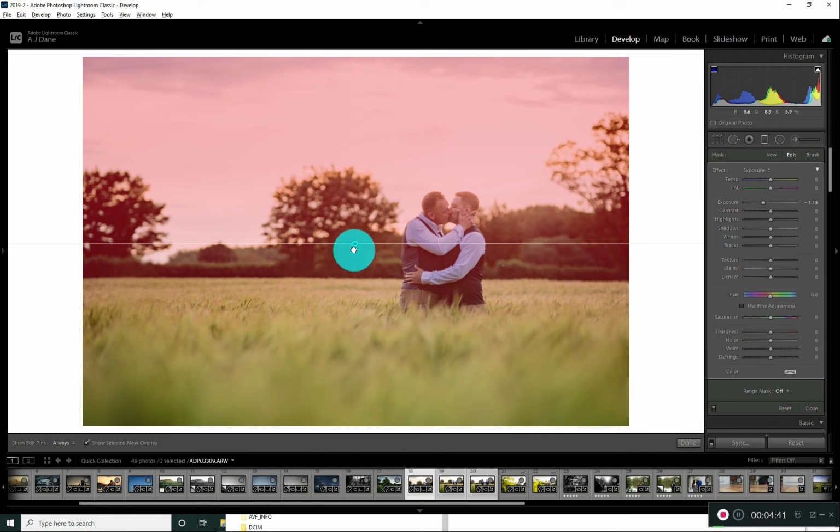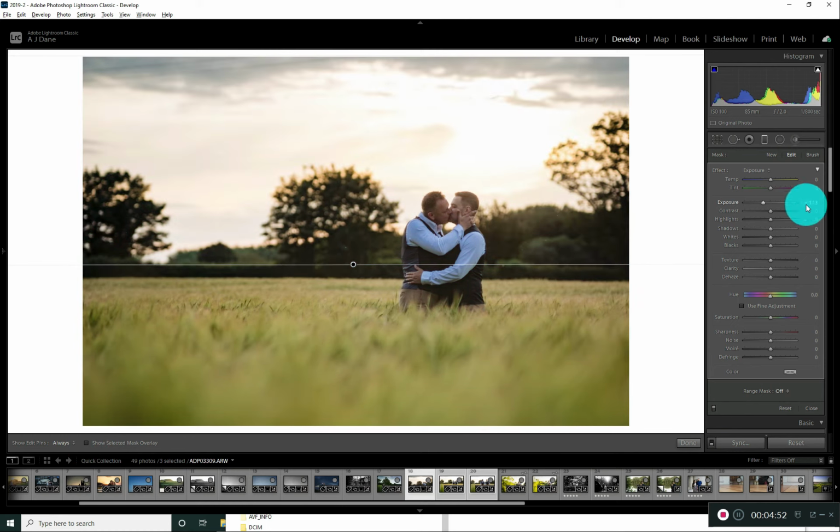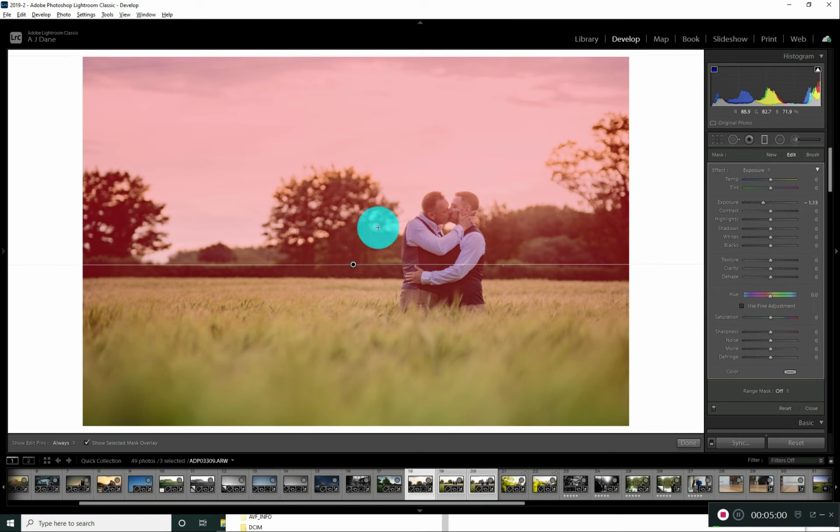If I just wanted to use this to pull down the highlights in the sky, I can pull it down to where I want it. So I've got it at minus 1.13 stops, but I don't want it to reduce the exposure on the guys or on any of the foreground. So rather than brush it off, which can be time consuming, I'm going to come to the range mask, turn it on to luminance, and pull the range up,